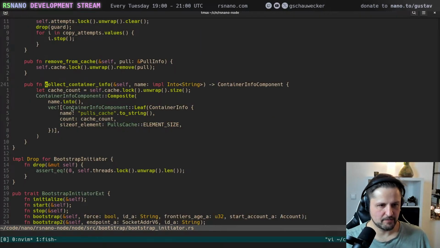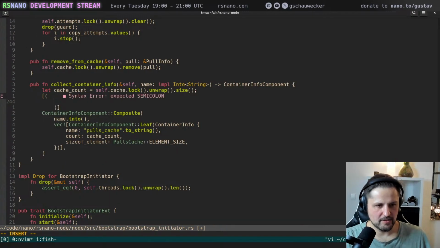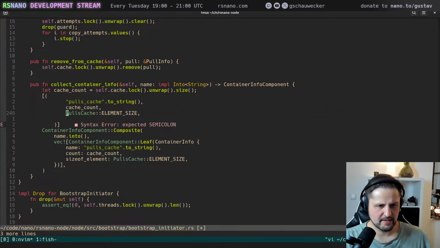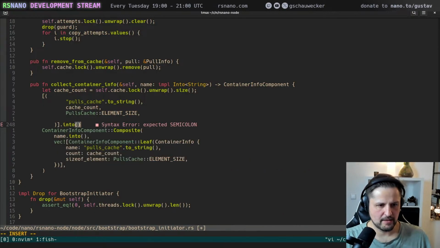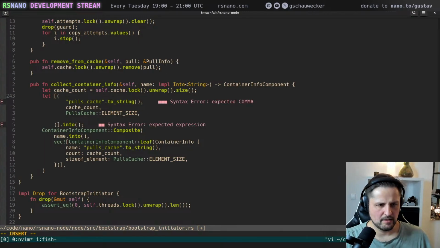Collect container info. What does it do? Just one. So this will get super simple now, because I can convert this into an array with a tuple with these values, and I can just say into, and this should be info.